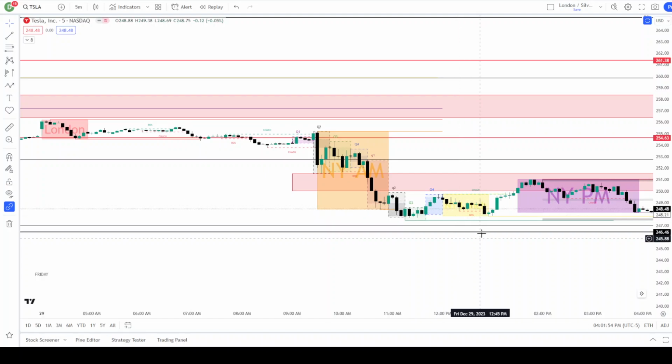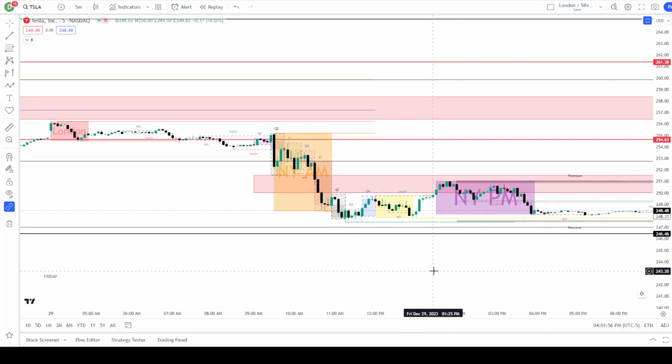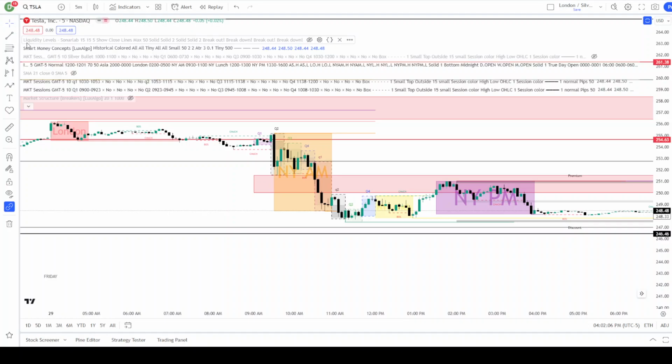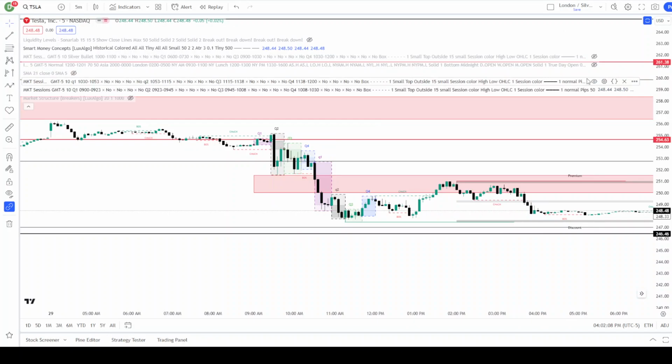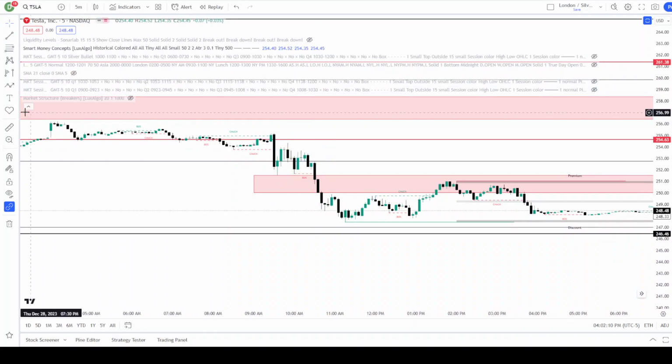And at lunchtime, I have no interest in trading. And then you got your PM session, but I don't have quarters divided in PM. PM is sometimes less heavily traded. I'm more focused on the morning session. But anyways, those are different indicators that you can use if you want to look at some of those things,